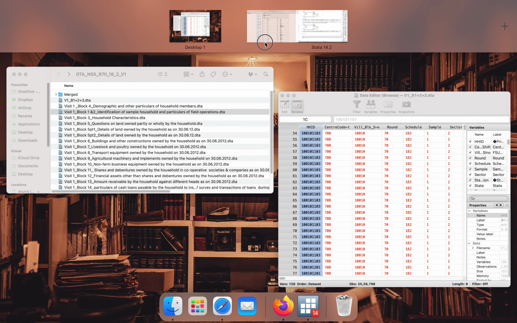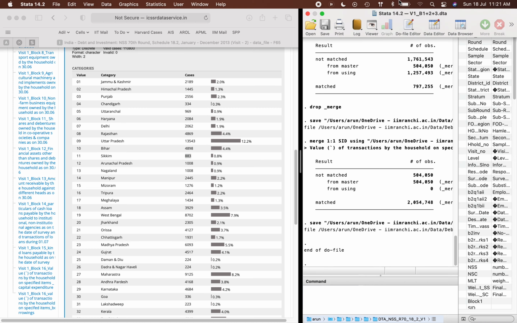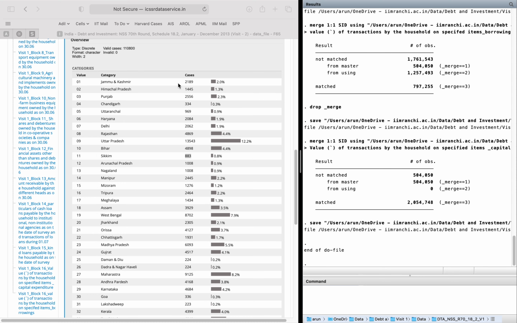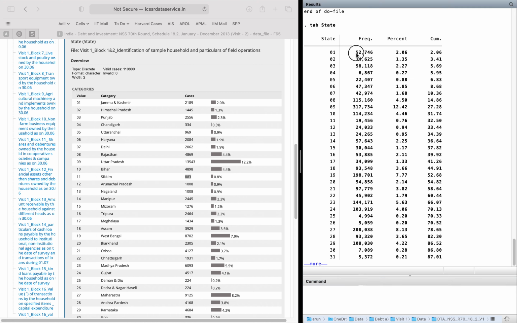Now we'll match it with Stata. The first time I try, it will show a wrong result. For example, see state. Now when I click, it might not show the correct information, because it is showing 52,000 observations. The reason behind this is that we have merged all the blocks, and each of the blocks had the state code. So when we merge all together, it shows multiple information.